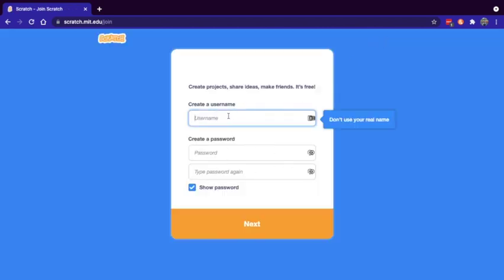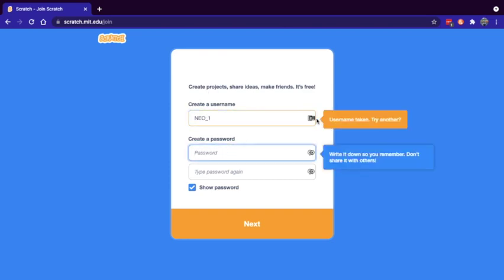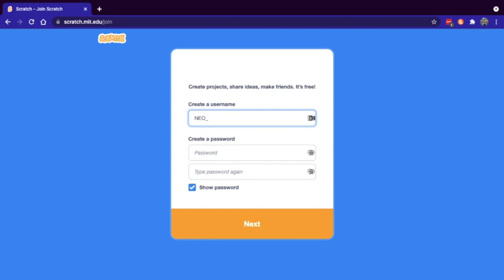Now it will ask you for a username. Like I can type here Neo underscore hashtag 1, and I think okay, it can only use, so it's good. Yeah, see, it is saying username taken. So you have to try and take a unique username that no one has taken. So I am going to use Neo underscore 1, that's good. You can create your own username, not like mine. I am just showing you.